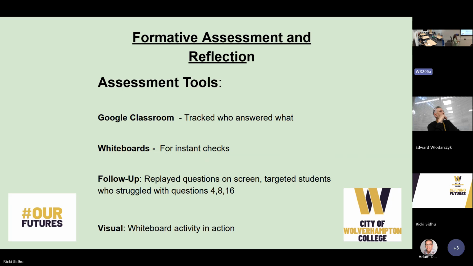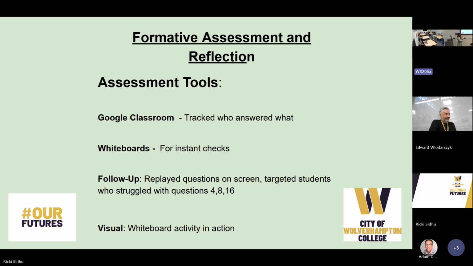So the assessment tool was Google Classroom. We tracked who answered what, so it's really good. Whiteboards for instant check, so we followed up questions on the screen, seeing whoever struggled with what. When they did their activity at the end, they've done the 18 questions and the 3 open-ended questions, which I'll demonstrate how they did. And then after that,